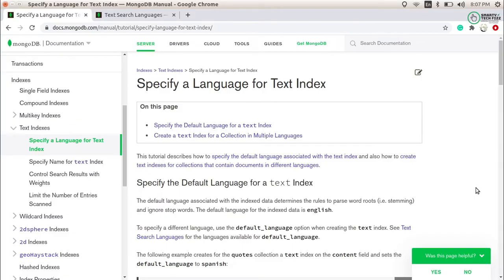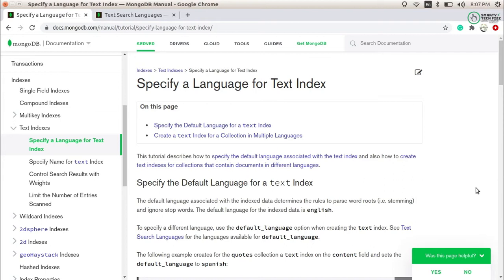You know that the text indexes actually work on the sentences specified in the document. So if you want to create an index on those sentences, and if you want to search a single key, a single word from those sentences, then we will use the text index.